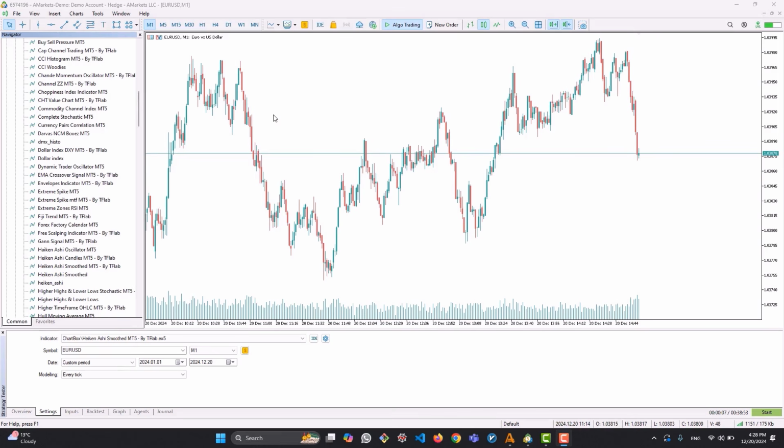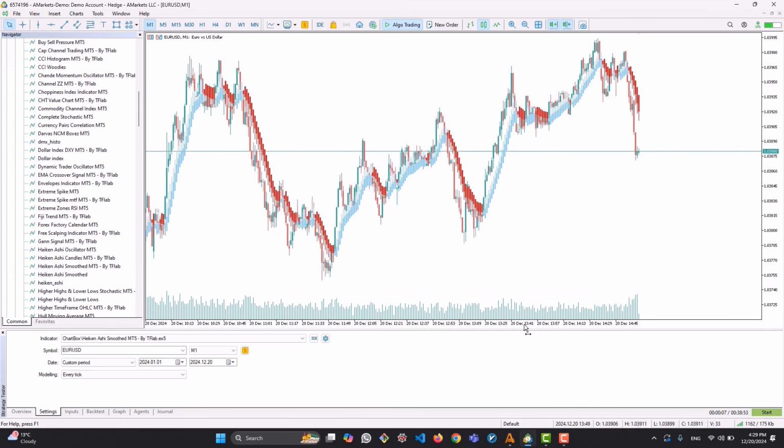Hello, in this video I will be reviewing the smooth action indicators on the MetaTrader 4 and MetaTrader 5 platforms. This indicator has candles similar to the Heiken